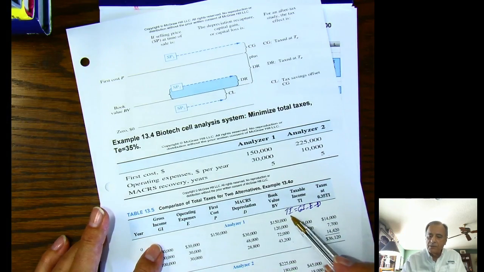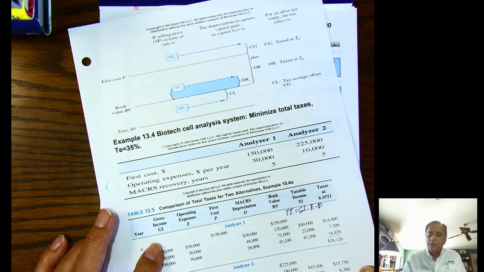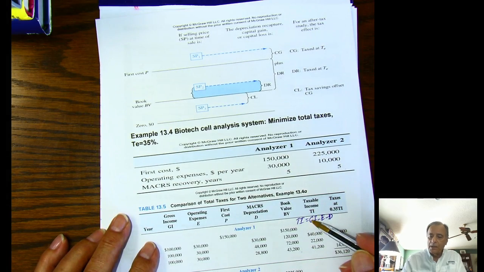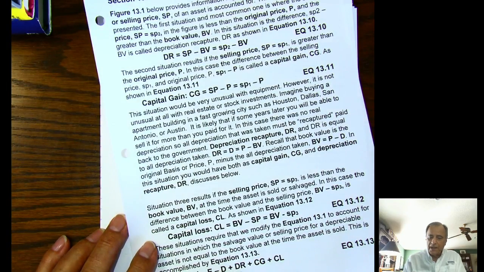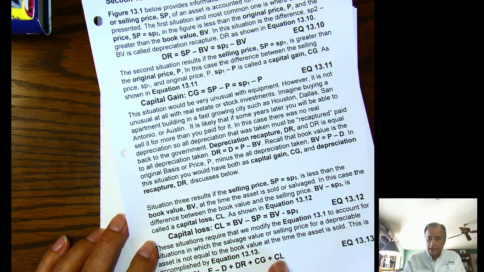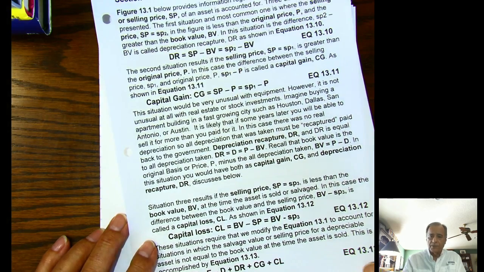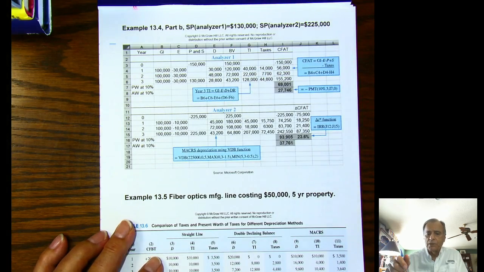Taxable income equals gross income minus operating expenses minus depreciation. Now we're going to add in, this is equation 13.1, depreciation recapture, capital gains, and capital loss. We don't have capital gains or capital loss in this particular case, so we can just forget about that, but we do have depreciation recapture. So we have to add that in. And when we do that,